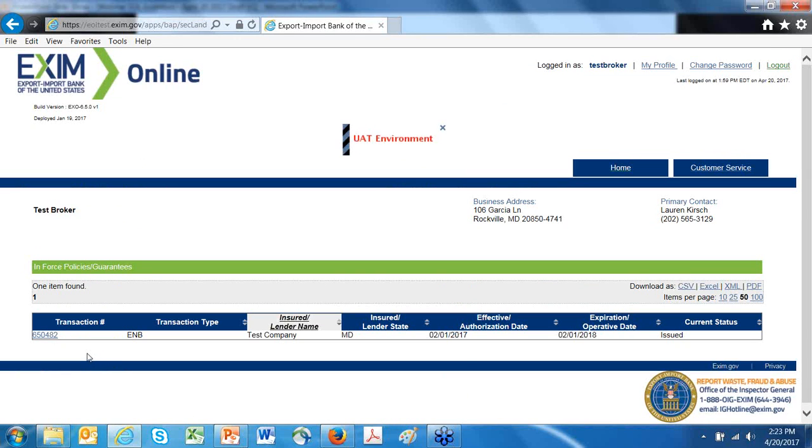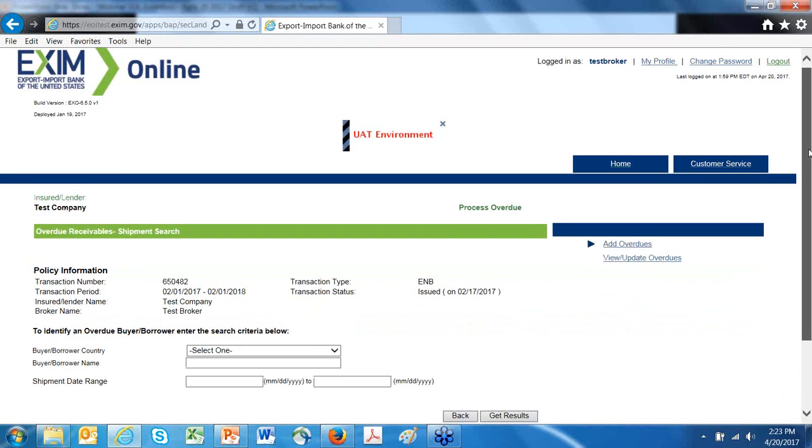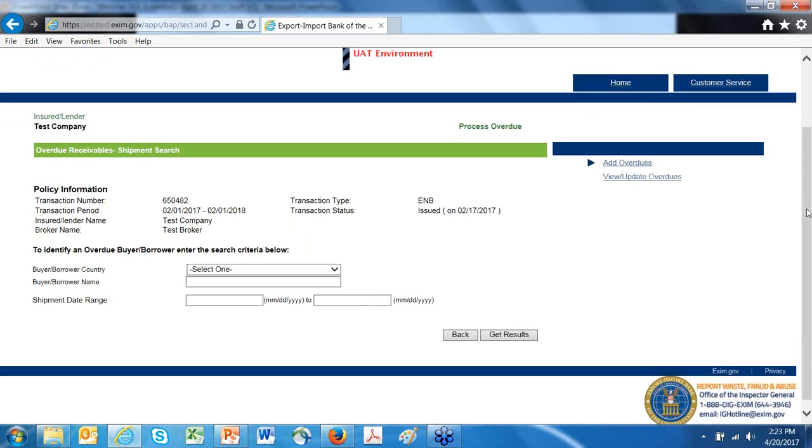Report overdues. You have a transaction number. Basic policy information will appear at the top. And then you'll be asked to identify the overdue buyer or borrower.